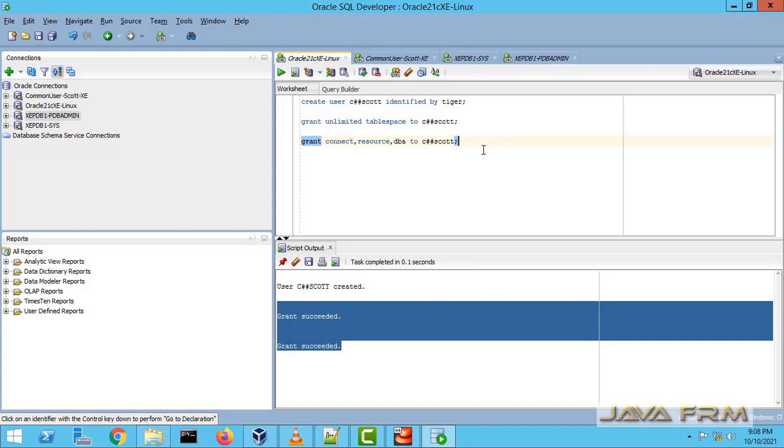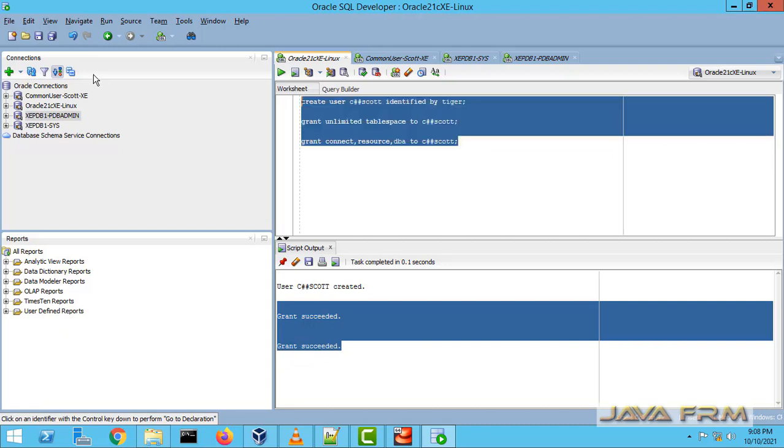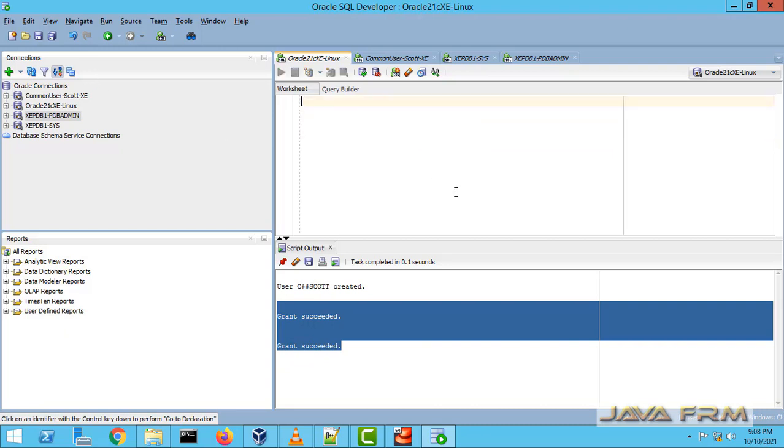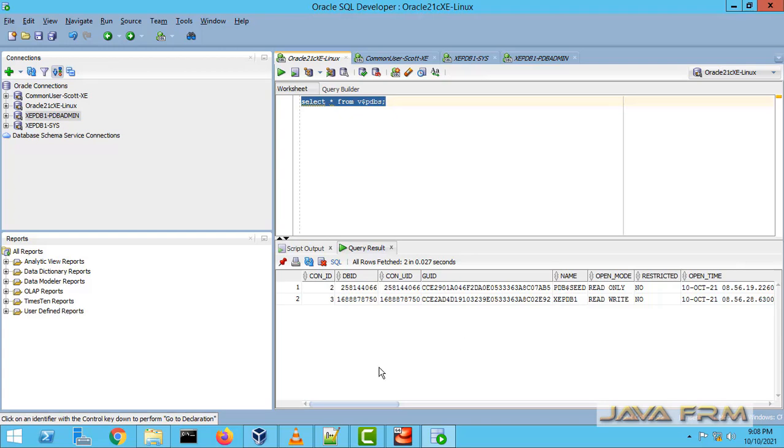Now what we are going to do is stop and start the pluggable database called XEPDB1. I am going to the sys user who is logged into the container database called XE. So I am executing this query. Select star from v$pdbs will tell you which pluggable databases are up and running.